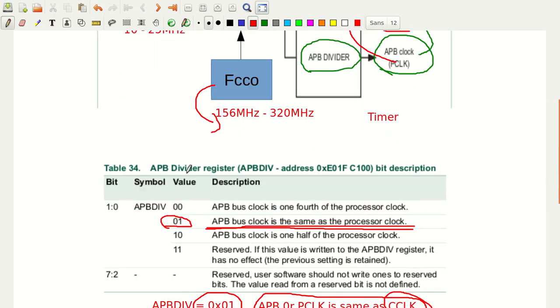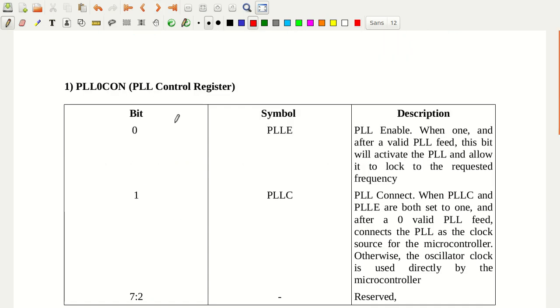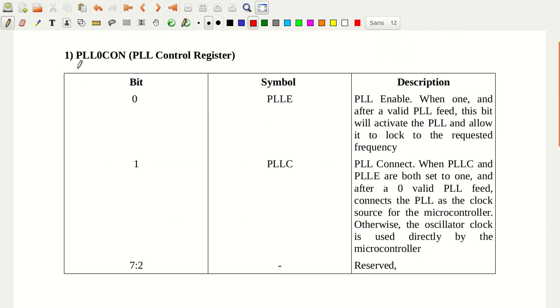Now we shall look into the different registers to configure the PLL. That is what is more important. What are the different registers that are required to configure the PLL? The first register that you have is the PLL control register. It is also an 8-bit control register. As you can see here, the 0th bit is PLL enable.